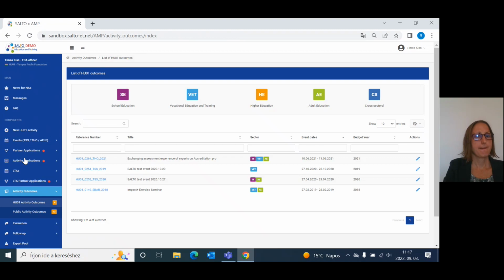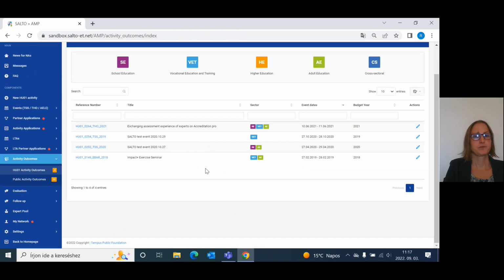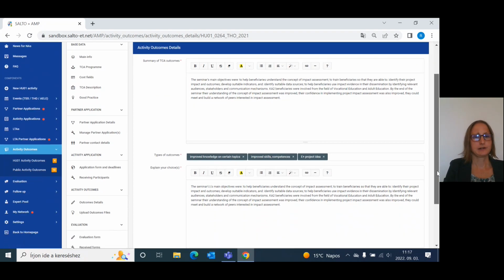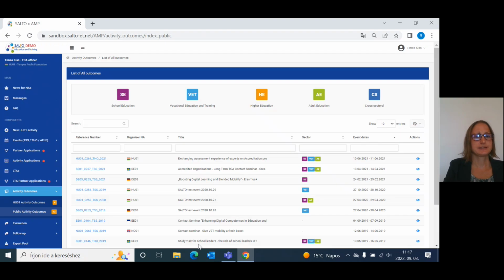Here you can see all the list. I was just about to refresh this one, and from this part of the website as well, you can continue editing it by clicking on this pencil icon, and you have the same template as we had previously. So this was the list of the outcomes uploaded by my national agency,